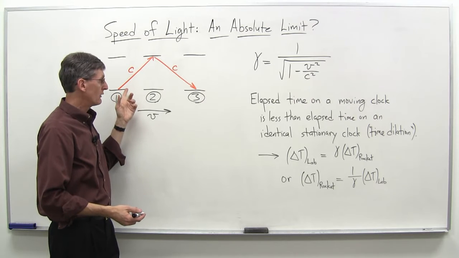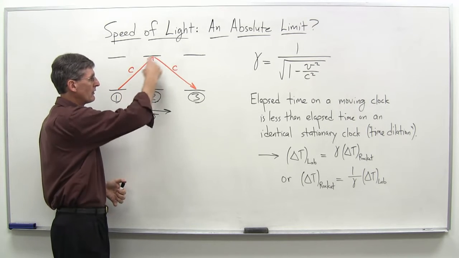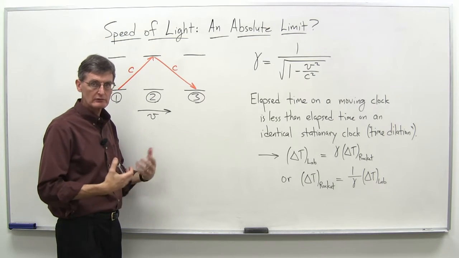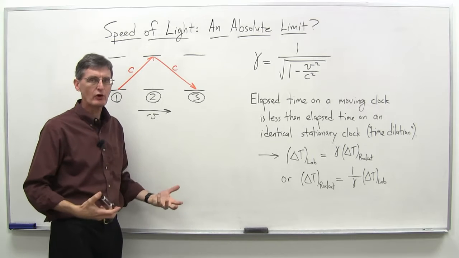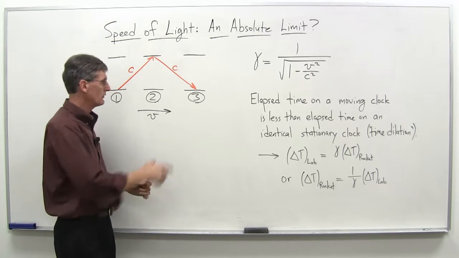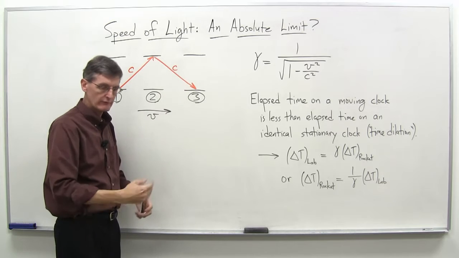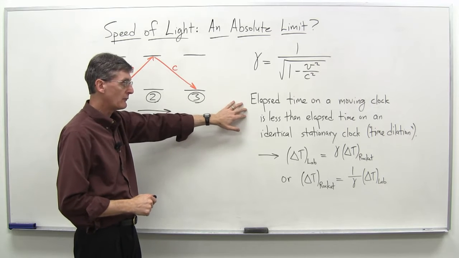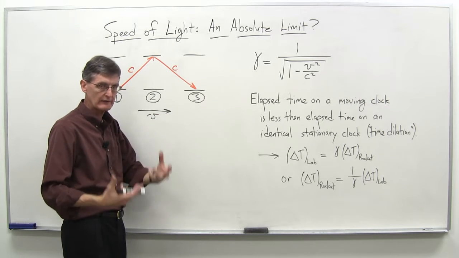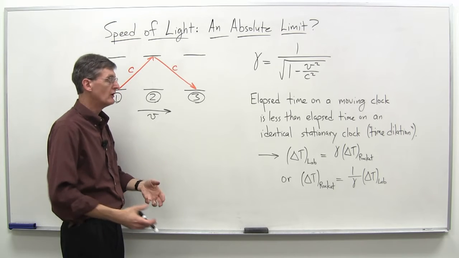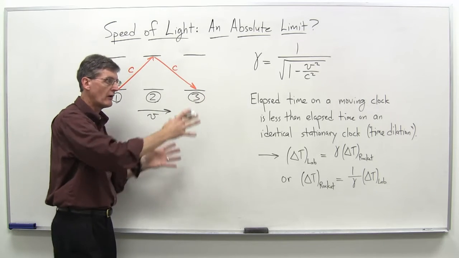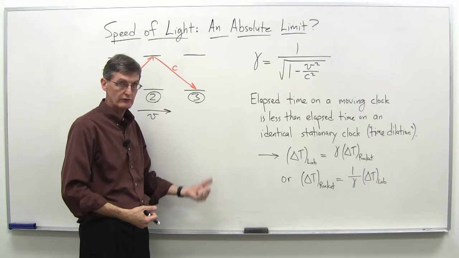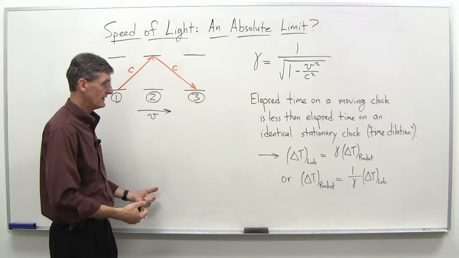The light that we see in his clock has to travel a longer distance than the light in our clock, and therefore his clock ticks slower. Each tick takes a longer time along this diagonal path versus our just up and down path with our identical light clock. Therefore the elapsed time on a moving clock is less than the elapsed time on our identical stationary clock. So this is us observing Bob's clock going by. Remember, for Bob, he's just sitting there with his clock. It looks fine to him, and he sees our clock as running more slowly than his.